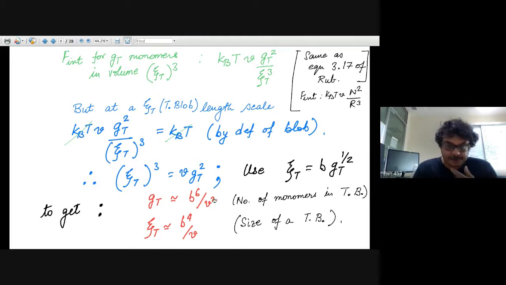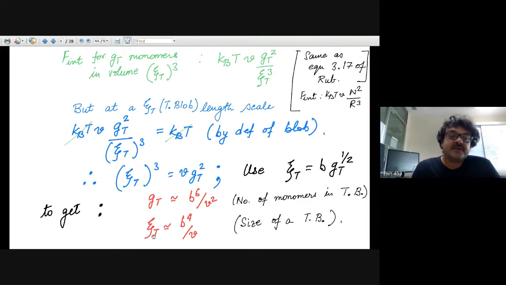This is v square, and this is dimensions of volume. So basically this has dimensions of volume squared. This is again length to the power 6. So this is basically a dimensionless quantity which gives you the number of monomers in a thermal blob, and this is defined by this quantity. On the other hand, in this equation, if you get rid of g t square from this